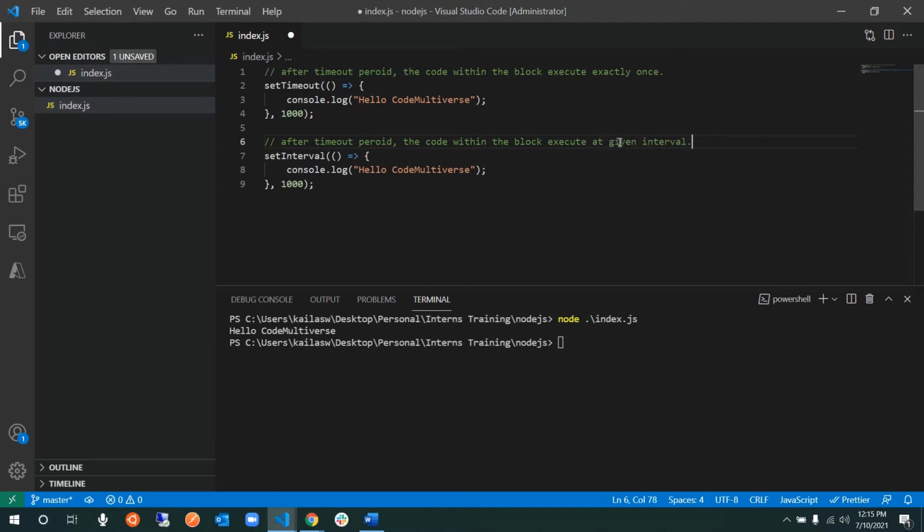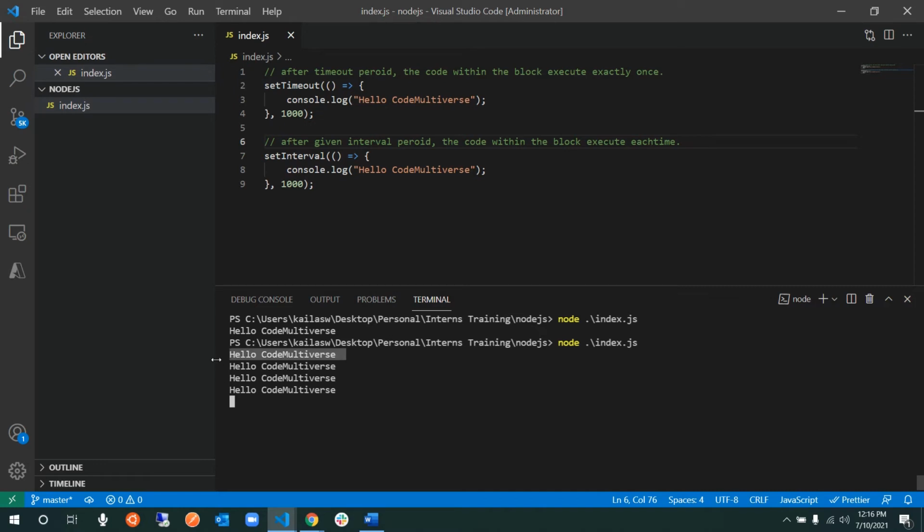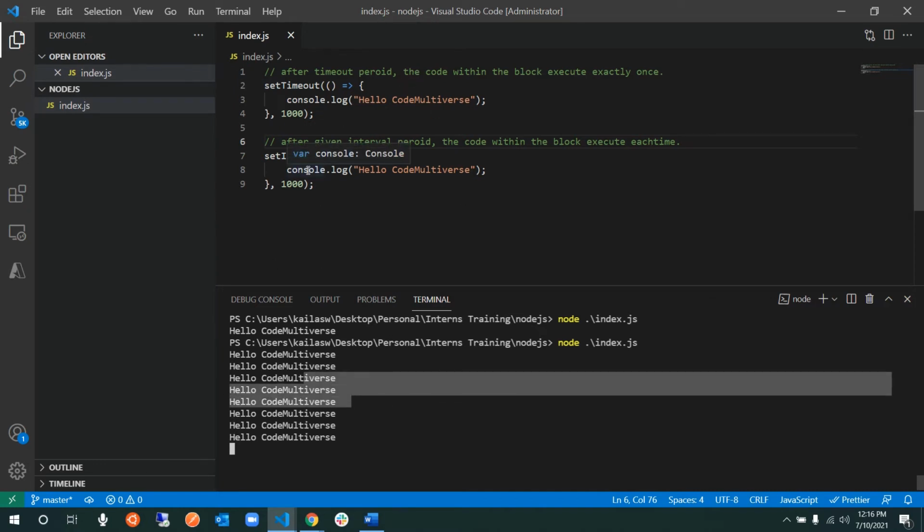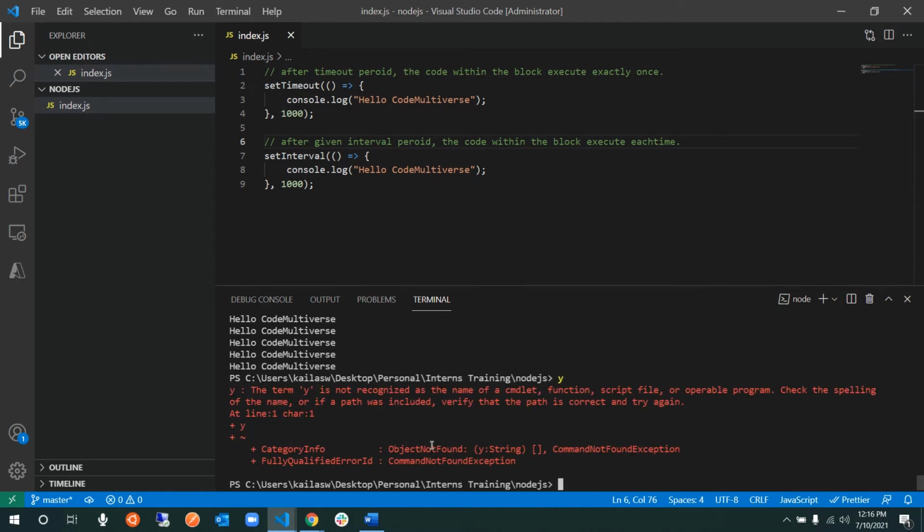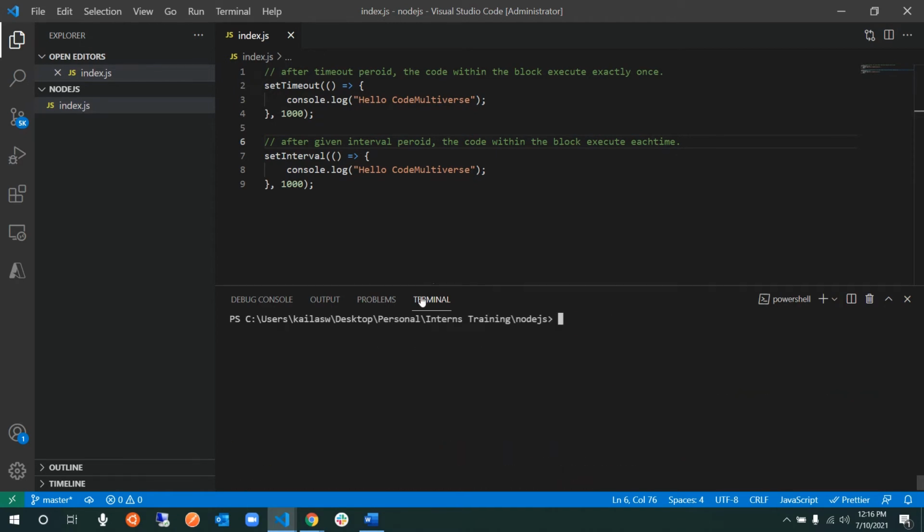After the given interval, the code within the block executes each time, and it keeps repeating for a number of times. So if I just go ahead and say this, you can see the first code multiverse is because of the first thing, and the code multiverse that you are getting after that is all because of your setInterval. Let me make it a little more clear. I'll say hi Shreya.